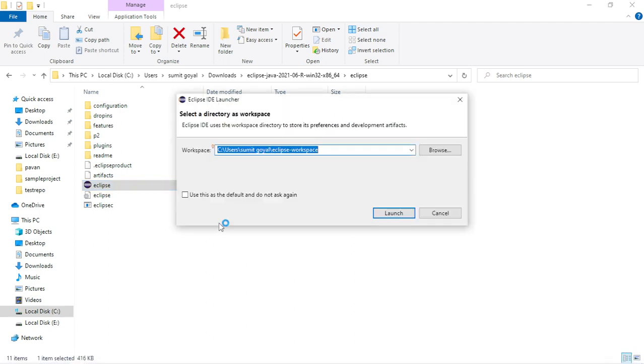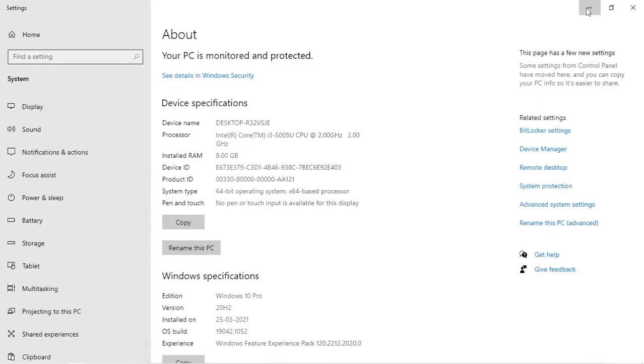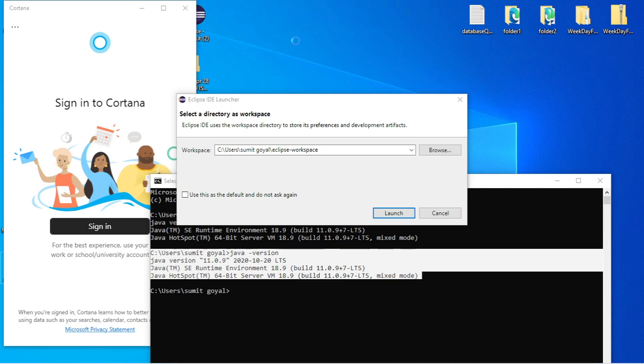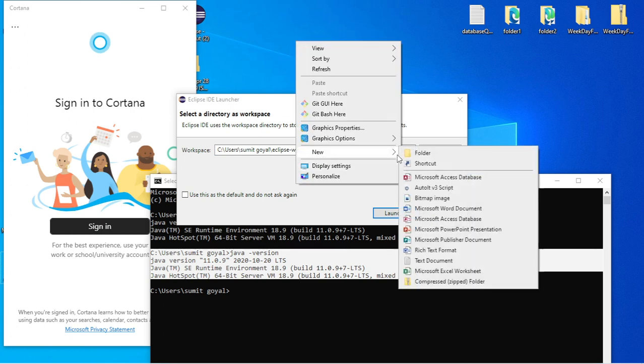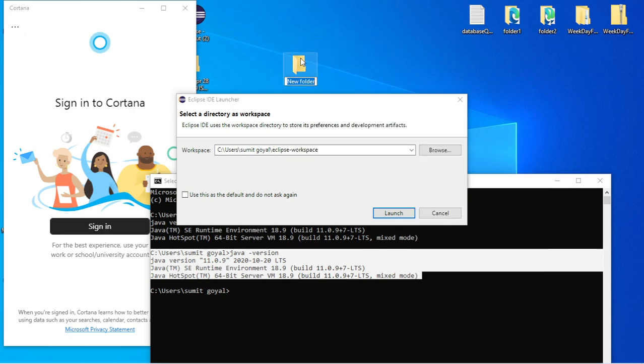Okay, now it is installed and it is asking for some path. What is this path? Suppose I create one folder, let me create it on desktop. Whatever folder path you give, all the files of your project will go inside that folder. Let me give the name workspace1. You can give any name. I will choose this path because I want all my project files to be inside this folder.